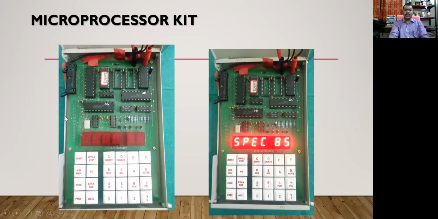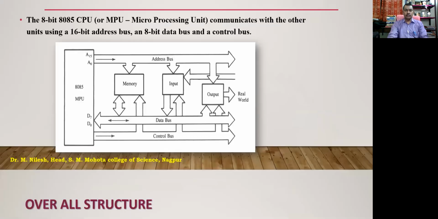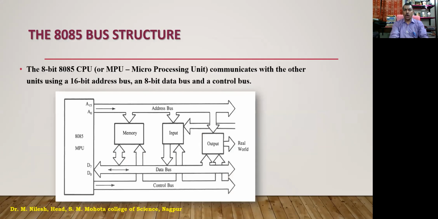So this is all done by this microprocessor. Inside it, we are having 16-bit wires which are going to communicate with memory, and which are going to communicate with the output and input devices. So these are all there in the kit. So I am showing you this. This is the complete bus structure of the 8085 microprocessor unit or microprocessor kit, right? So this is over there.